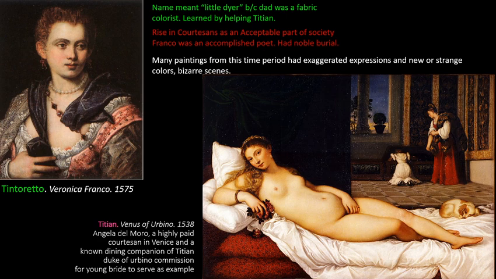So while Angela del Moro is the symbol of the Venus, she's also the symbol of the Duke of Urbino's new wife. This is what I expect you to be. You should be all of these things: loyal, beautiful, open to love, and you'll be provided for. So kind of a weird thing to end on there. But it's definitely an incredible painting. It's a very beautiful image.